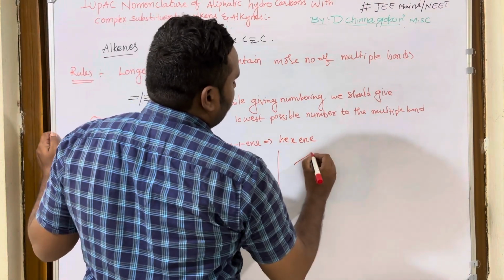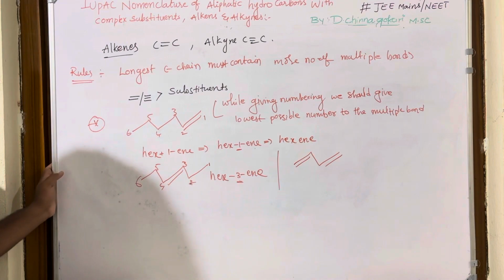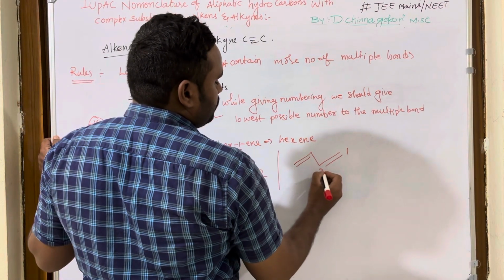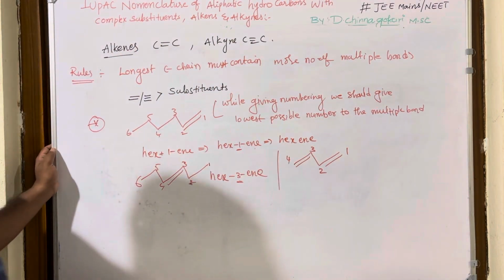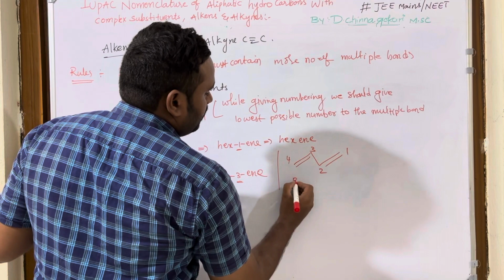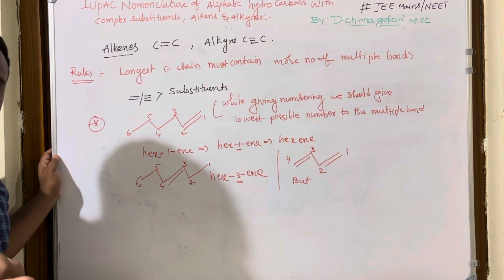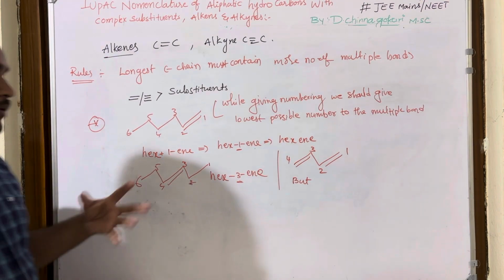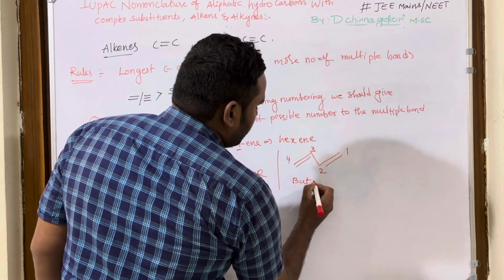Okay, here we are going to add one more. Now we are having double bonds like this. So 1 2 3 4. So what is the root word here? But when we are having two double bonds or two multiple bonds, for the root word we are going to add a,